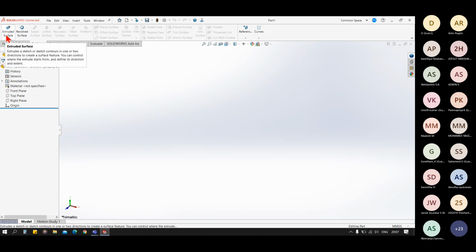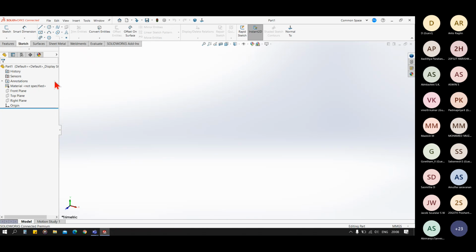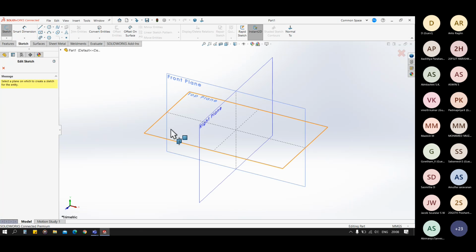Extruded surface is similar to the extrude boss base in the 3D. Now for that, let's make a sketch.